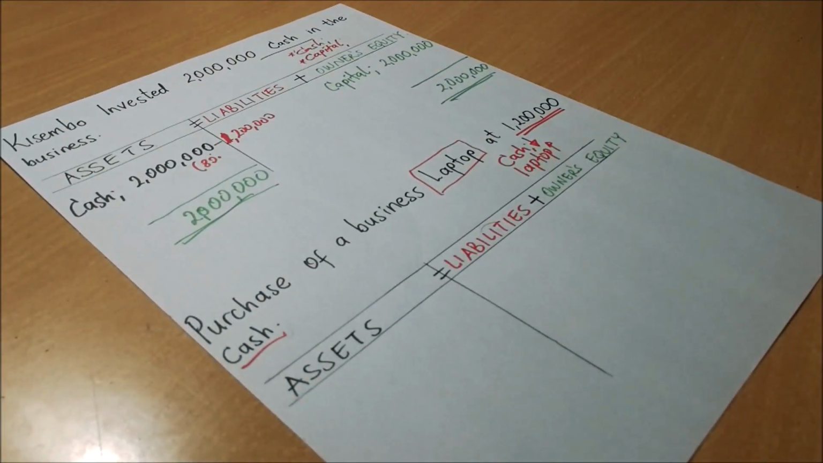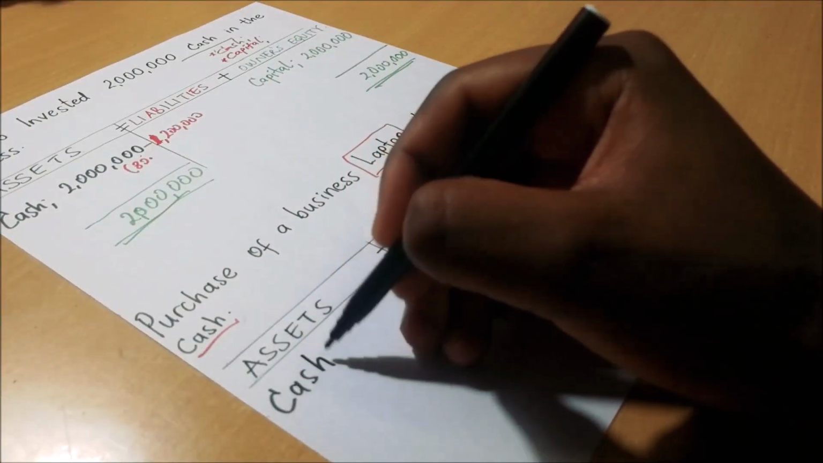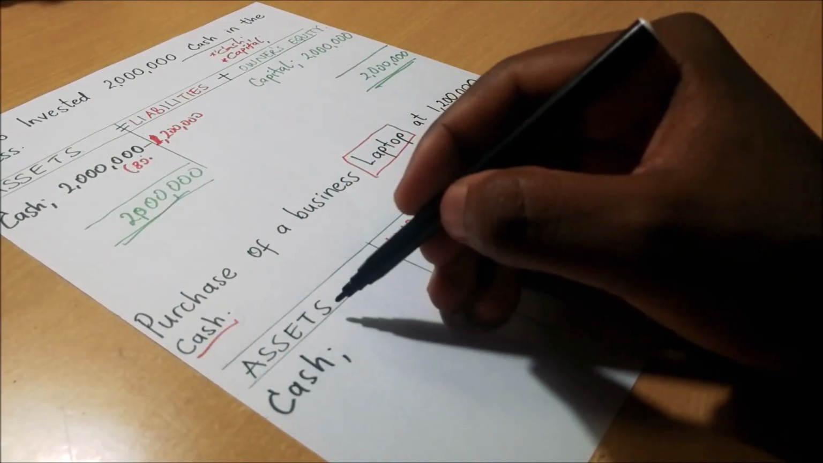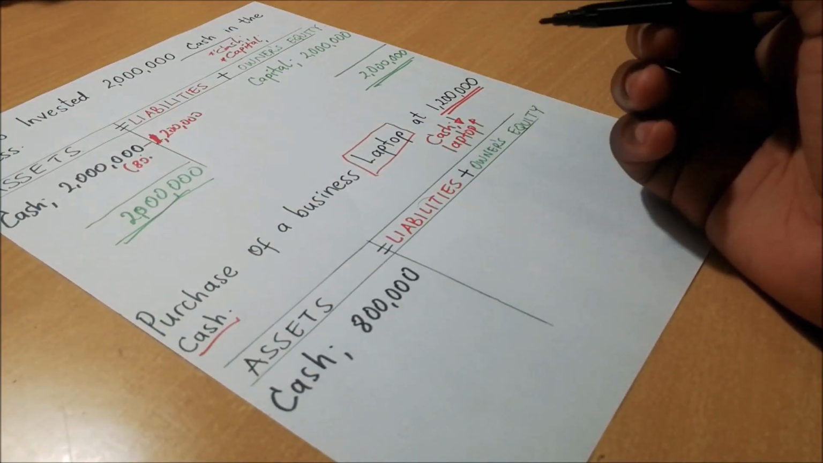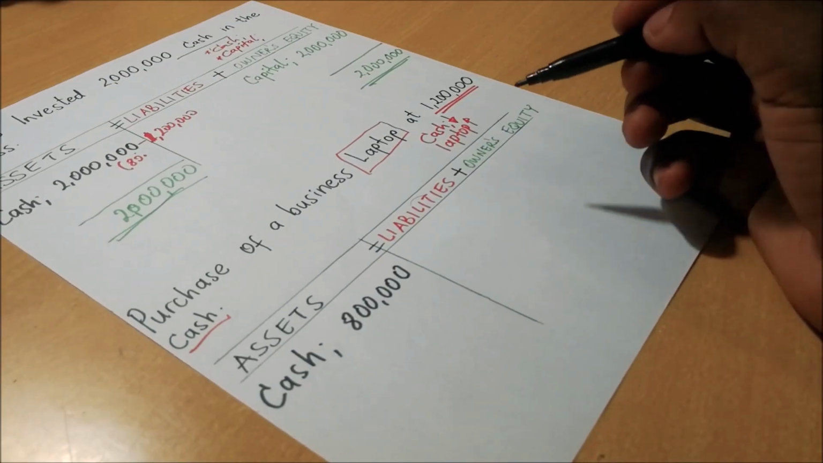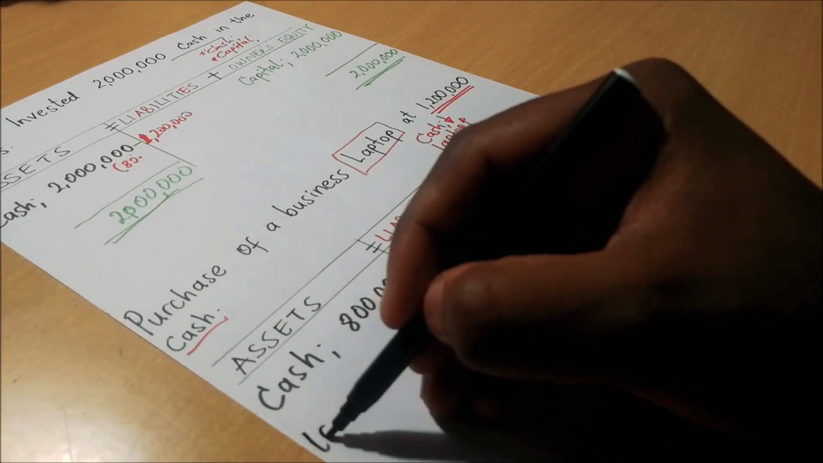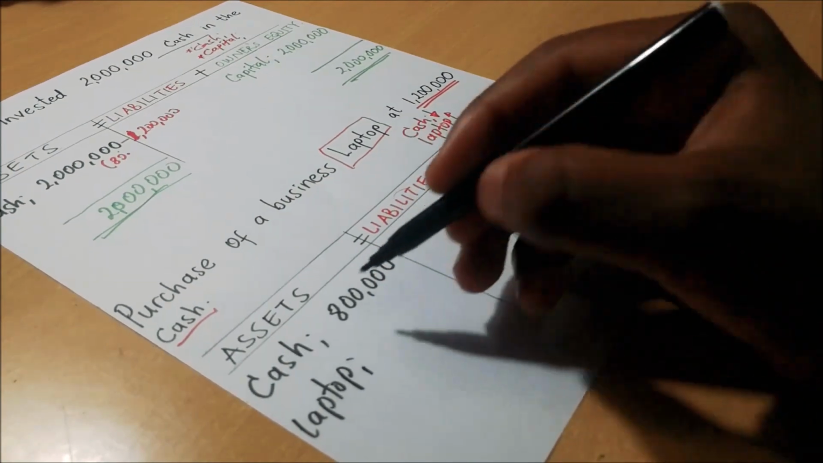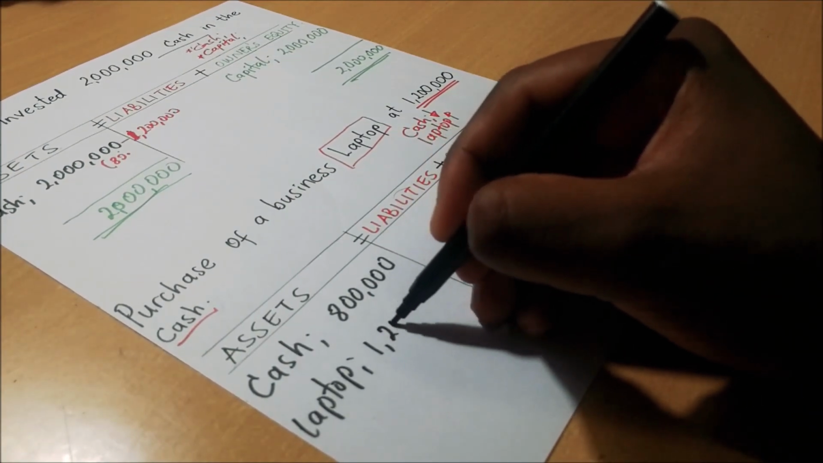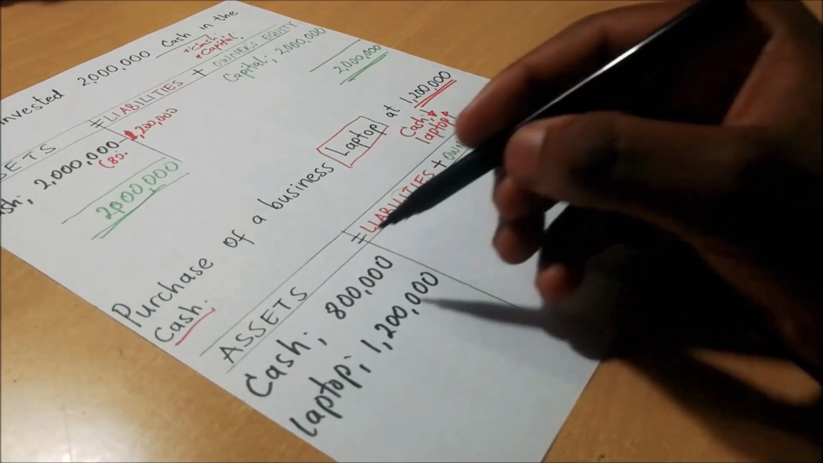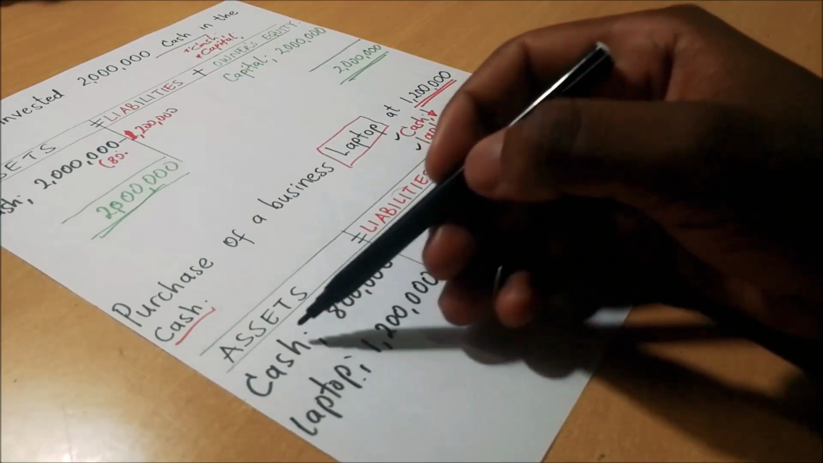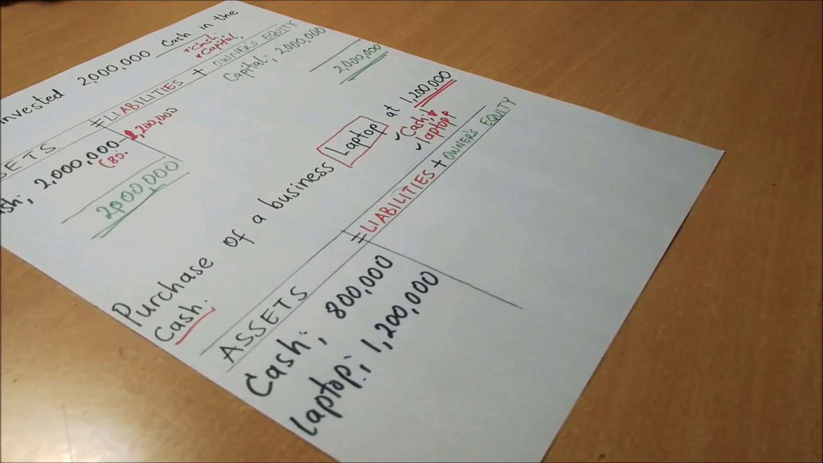So it means that in our asset column now, things are going to start looking like this. Our cash has reduced and it has remained as 800,000. Cash has reduced and it's now 800,000 because the 1.2 has been used to buy another asset called laptop. And this laptop that has been bought is worth 1.2. So these are the two that have been affected, and we have sorted them out here. As far as the owner's equity is concerned, the capital is still 2 million. It has not been